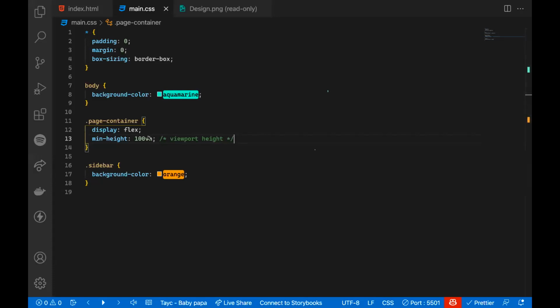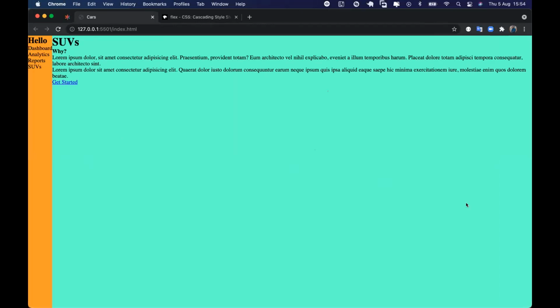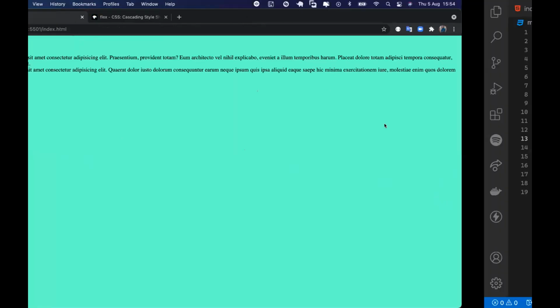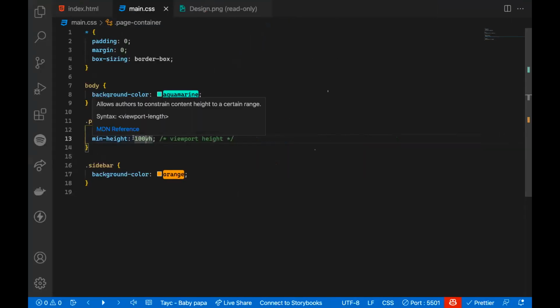If you use pixels, it's okay, if you know how long the viewport is always going to be. For example, if you know it's going to be 900 pixels, let's do that, or centimeters. You can use any units of measurement, but